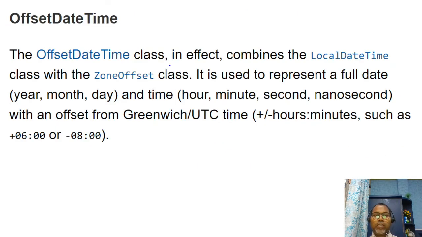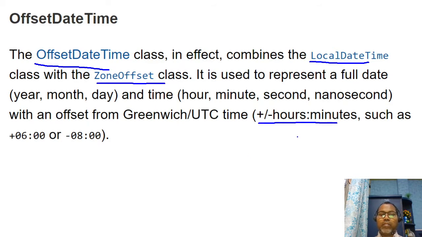So these are your zone ID, date and time. Similarly, sometimes you have offset date times as well. This is just a combination of local date times, as previously said, with the zone offset class. And we can also make a complete hour or yearly plus minus hours and minutes, like how much your particular regions have a different offset: plus, minus, or maybe